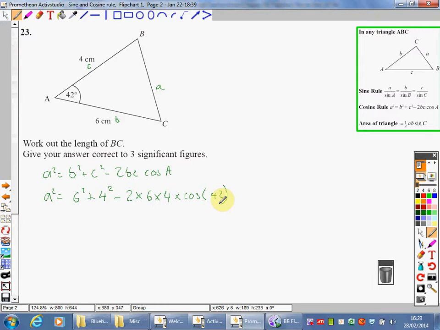So 6 squared plus 4 squared minus 2 times 6 times 4 times the cosine of 42 all comes to 16.3290. Now looking at that, it seems absolutely massive, but don't forget that was a squared it was giving us. So a squared is that. If I want to find a, I'm going to have to just square root that answer. So all I'm going to do on my calculator, which you can't actually see there, is press the square root button and then the answer button, really quick, and it comes out to be